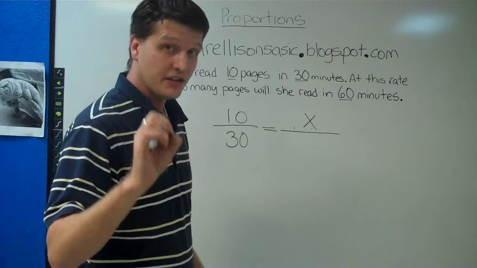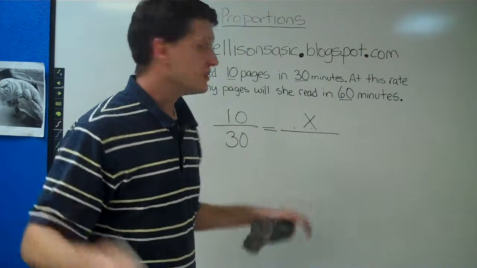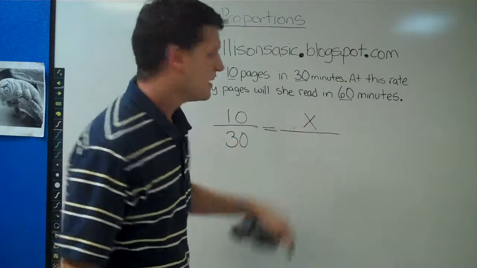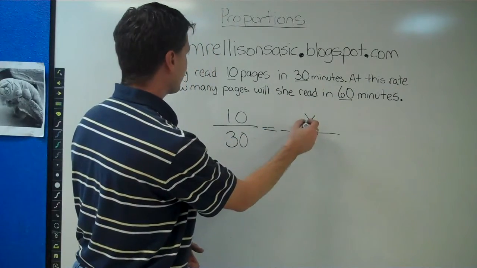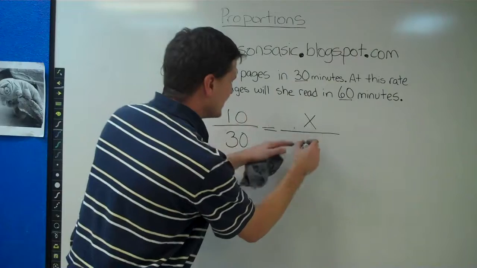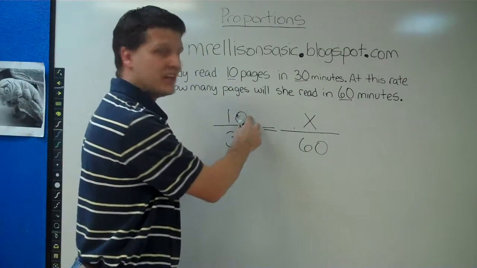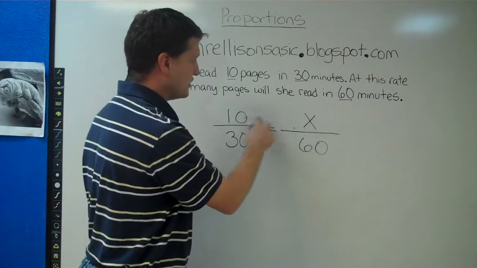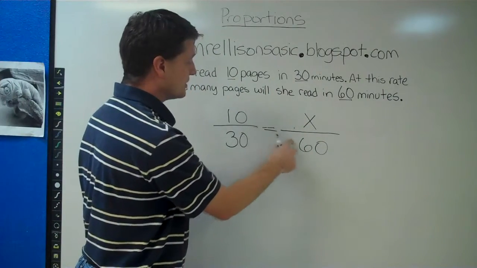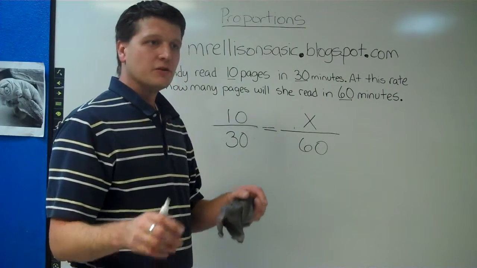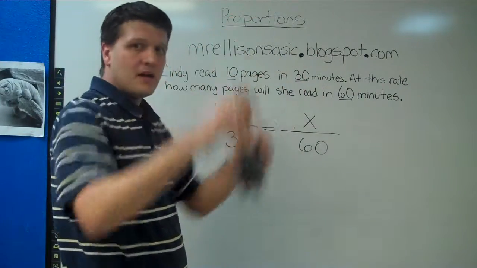There is a digit that represents that number, but we don't know what it is yet. So we're going to substitute a variable there. So how many pages can she read in 60 minutes? So we have known pages, 10, to unknown pages, pages to pages, and then 30 minutes to 60 minutes, or minutes to minutes. You want to make sure that those ratios are the same on the top